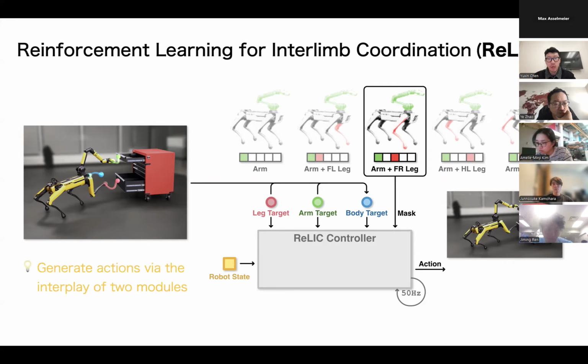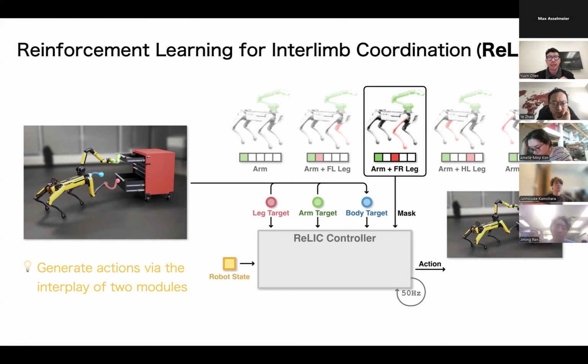But here we have 2 modules, right? Because the upper body, basically the lifted leg and arm, serve as the manipulators, and we need these manipulators to perform really precise manipulations to interact with the surrounding objects. While the lower level, which is the remaining legs, have to remain in contact with the ground and also do the locomotion and balancing. So these 2 modules have quite different objectives.